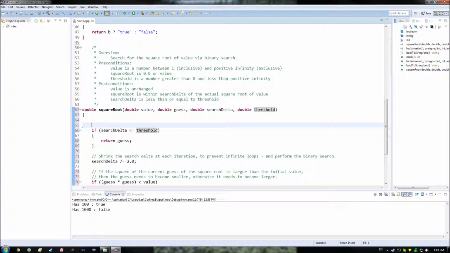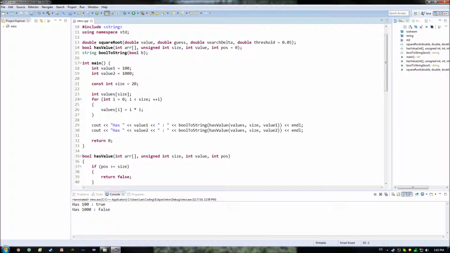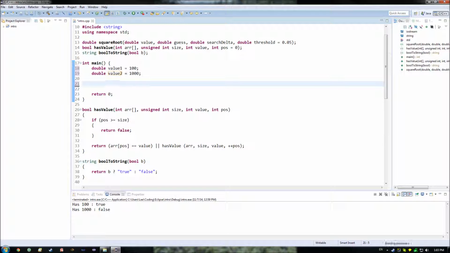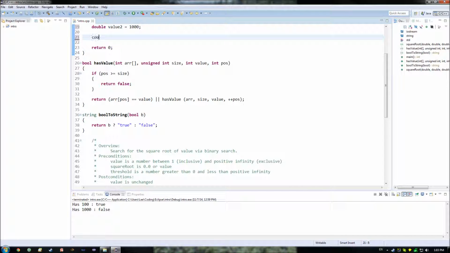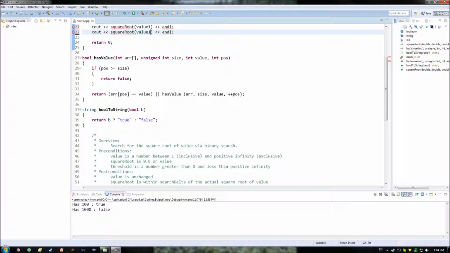So that'll allow that to actually work and run, but now we need to modify how we call into it if we were to use it. So let's just go with changing these to doubles again, which means that we're no longer going to be able to use this down here. But we don't really care about any of that anymore, so there's that. Then let's just output the square root of 100, so cout square root and value 1, and the line, so as we move on to a new line,